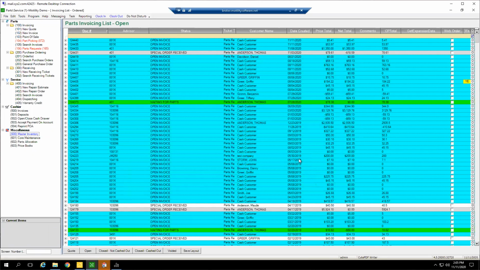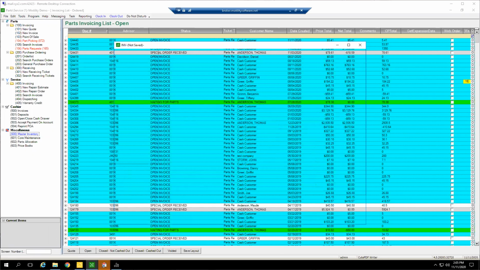Again, not quantities, but adding the actual part record that we're going to then turn around and use on our receiving tickets, use on our parts tickets. I have a question that popped up